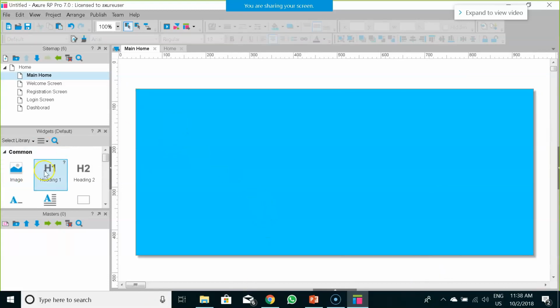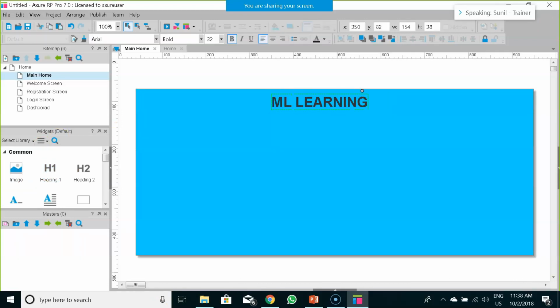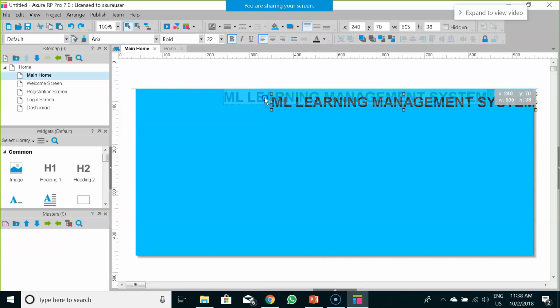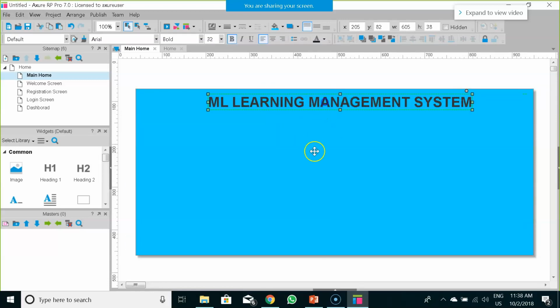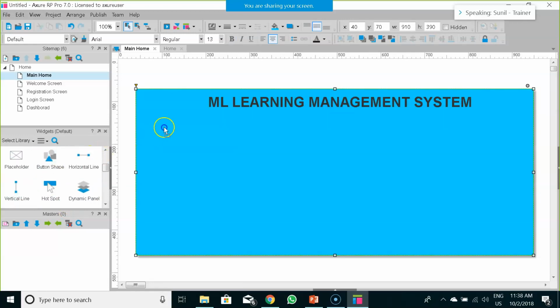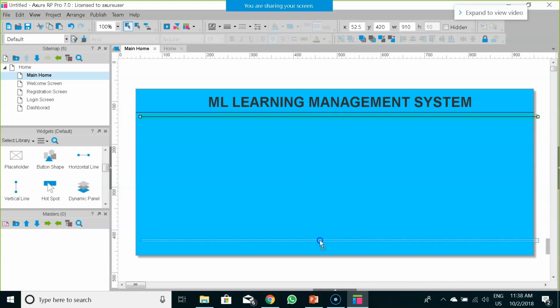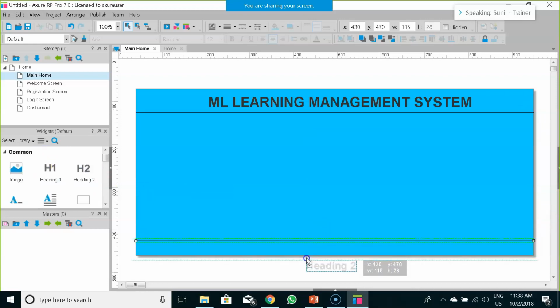In that particular rectangle, I would take a heading one, that is ML learning management system. I would be needing a horizontal line over here to separate out the heading. I would be needing a footer over here and a copyright text.